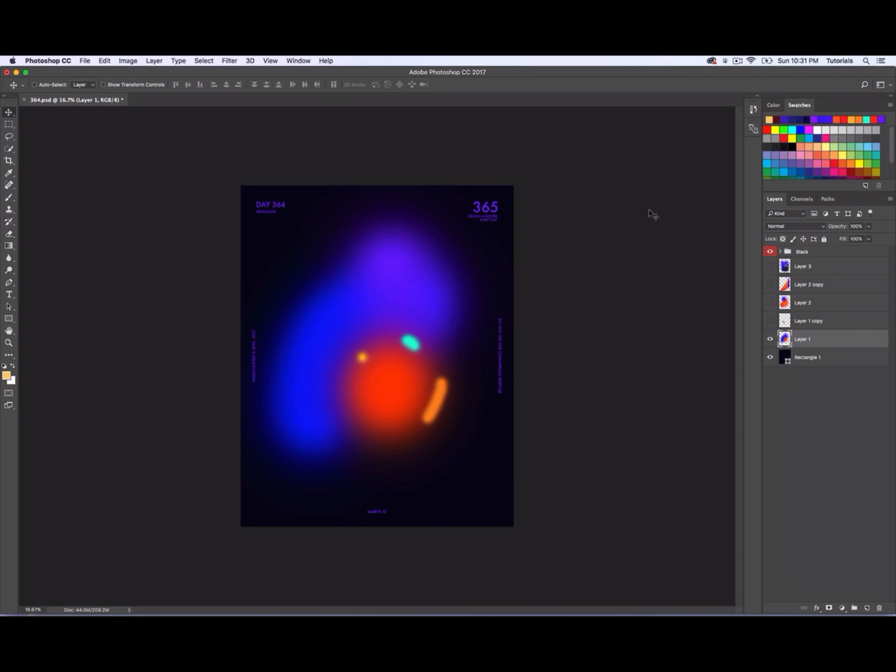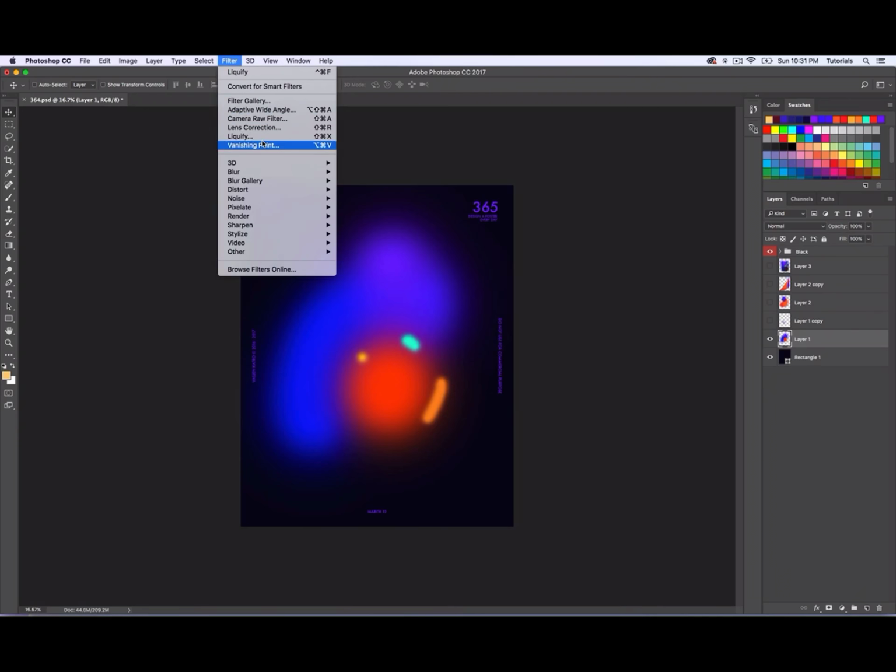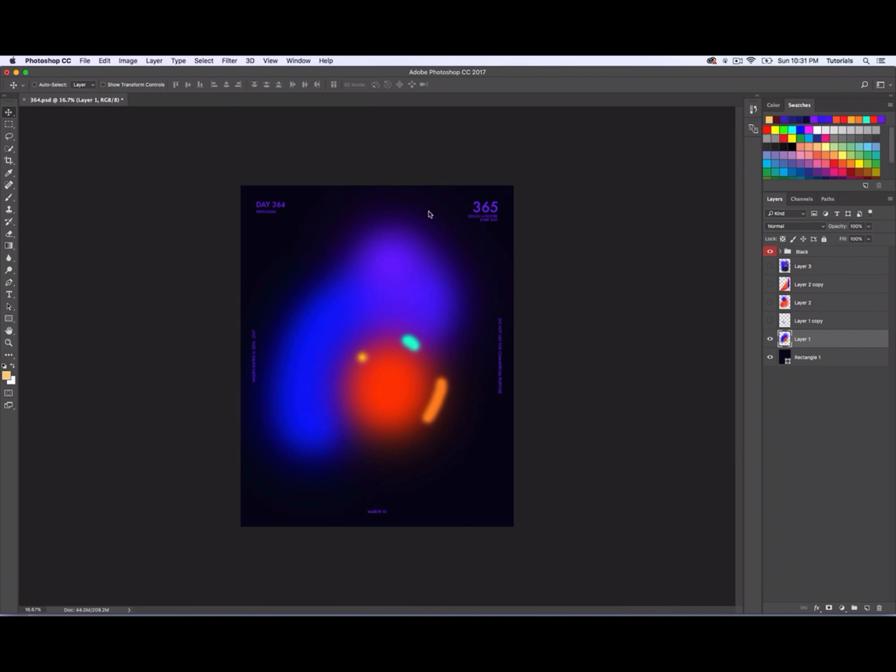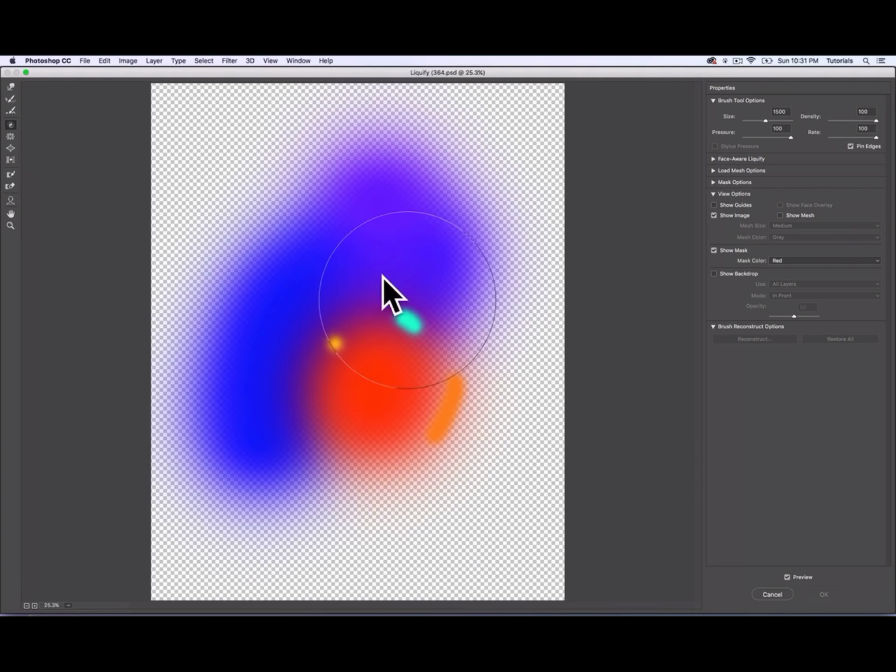All right, so the technique is called Liquify. Pretty much, I guess you all know it, but I also knew it. I used it for a different purpose. So when it came to design, I was like, oh, maybe I could use this technique and create some really cool stuff. All right, so I have the layer selected, layer one, and I have this gradient, which was on